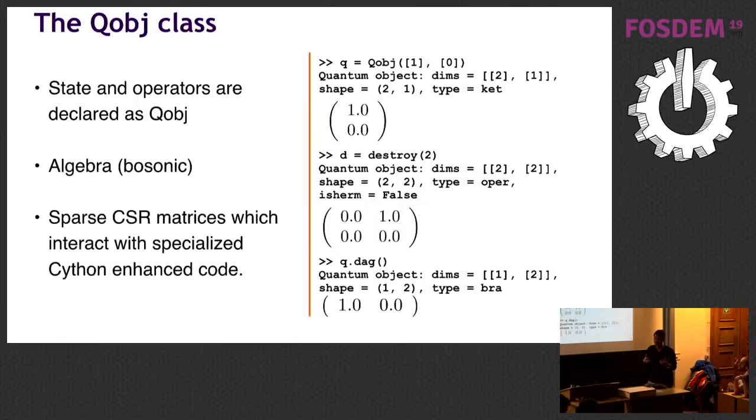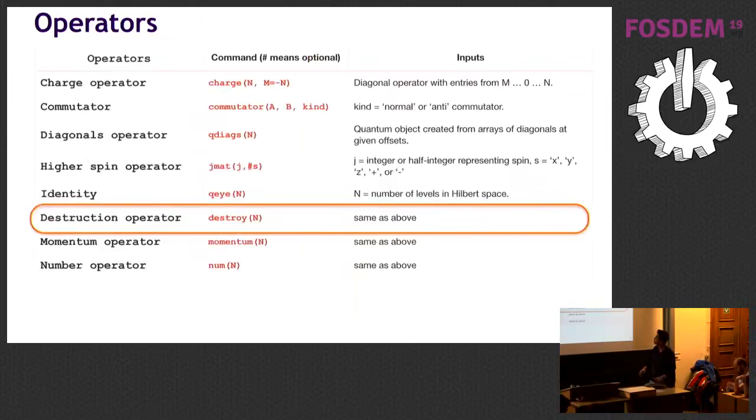Many people are trying to find more abstraction of this class, and we are trying to develop something where the data and the abstraction are separate. So once you have QuTiP installed, you can also use all the operators that come with it. And here I would just like to point out one of the operators, which is a destruction operator. You can just specify the size of your system, and you can make destruction operators like that.